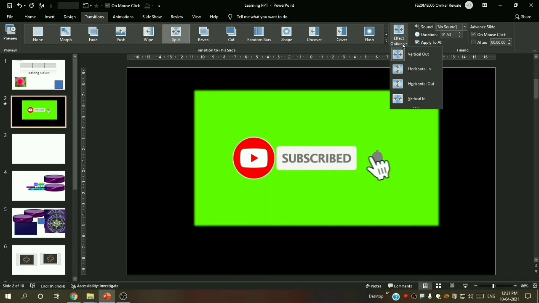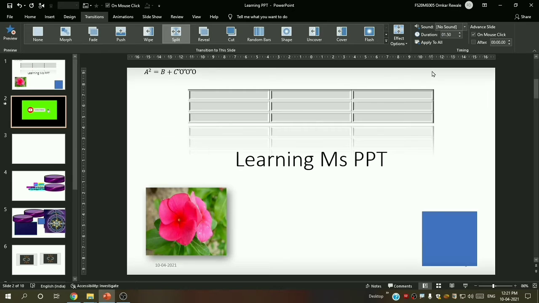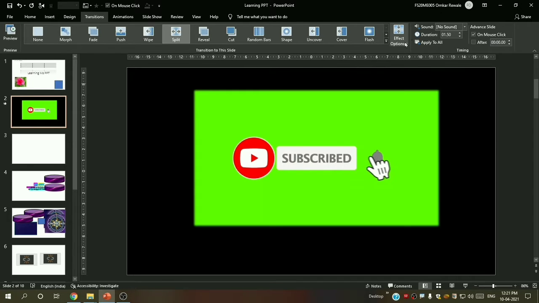So what are the effect options? You can see multiple effect options. Now when I apply the split, you can see the splitting. The splitting was from vertical out. Now suppose I want horizontal in, then see the split happened from horizontal and in the inner direction.